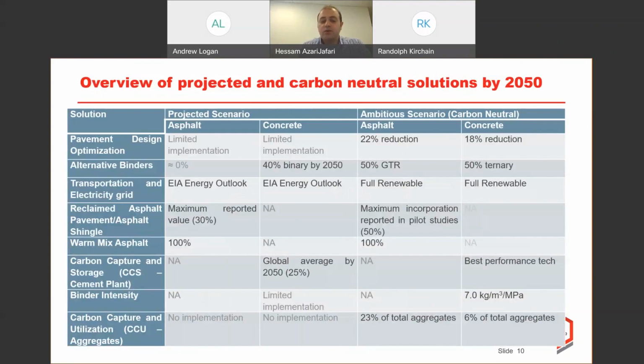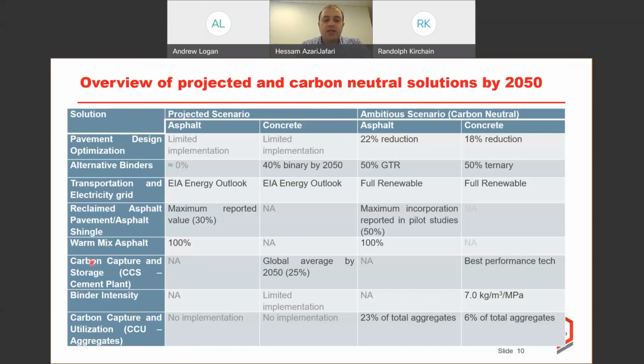In other words, we know that the next day or next year wouldn't be possible to reduce 22% of the asphalt geometry or, for example, thickness, but we need to gradually implement it in the future. So this dynamic modeling gives us the opportunity not to overestimate and not to make exaggerated cases in the future. So let's start from the